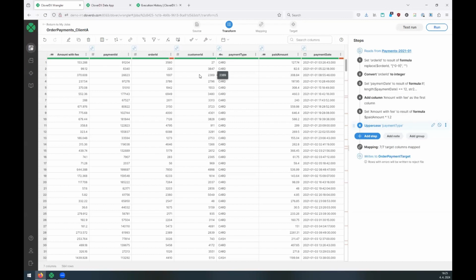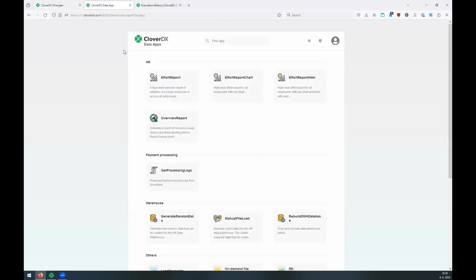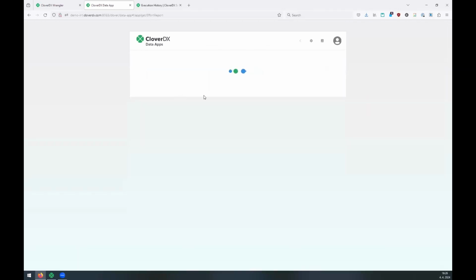All right, so this is everything about Wrangler. Let's now have a look at the data apps. As I mentioned, we've introduced new output types for data apps. So I have 3 versions of the same data app. Each produces slightly different output. This is the one that we've had before,